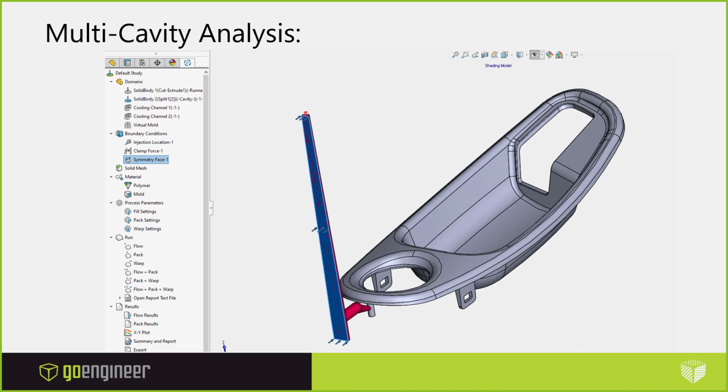In SOLIDWORKS Plastics Professional, since this was a 2-cavity mold, I can run a multi-cavity analysis. If you look, I have my runner system cut in half, and I have specified that there's a symmetry face on my model. What this does is allow me to run the analysis on the 2-cavity, but I only have to capture the mesh and the geometry and all of that for one side of the mold. It still calculates everything through all the formulas,